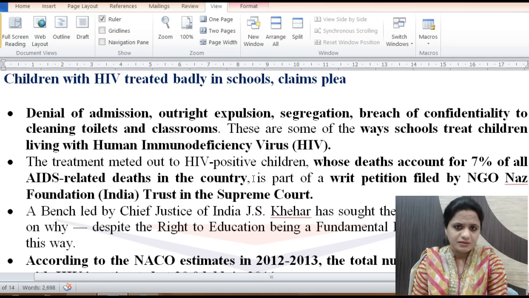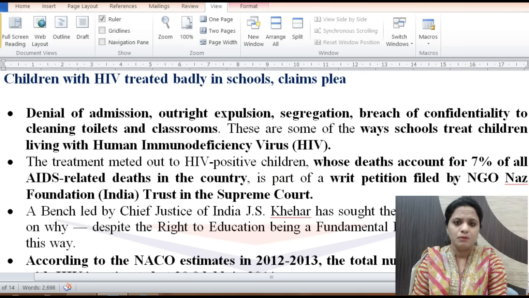There is segregation when they are enrolled. They're made to sit separately, treated separately. There is also breach of confidentiality. It's not supposed to be revealed that a person has HIV, but this breach of confidentiality happens. They are made to clean toilets and do other such menial work. So this is the treatment meted out in schools, which has been highlighted in a petition filed by this NAS